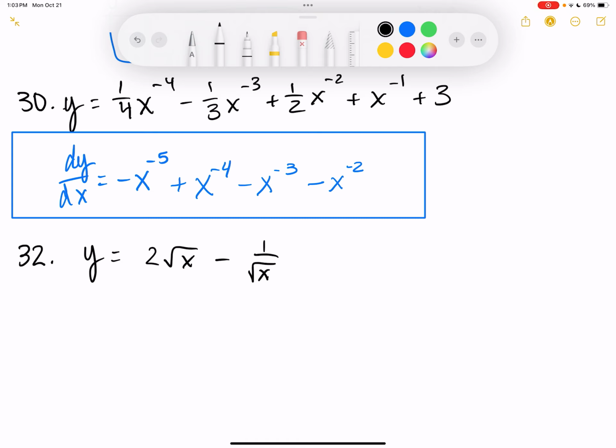I would say that's a good place to start. So what would that be written as? x to the 1/2. No, 2x to the 1/2. I assume you were just rewriting that part, minus